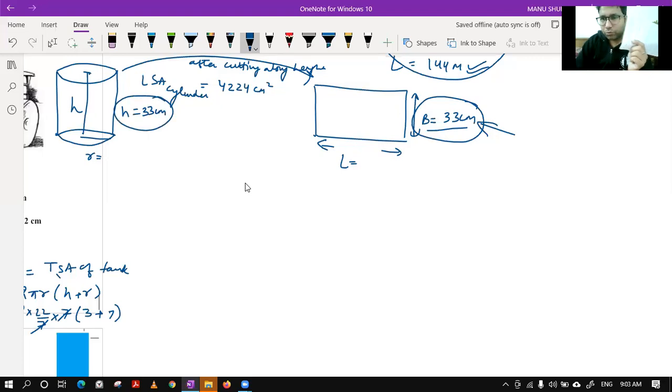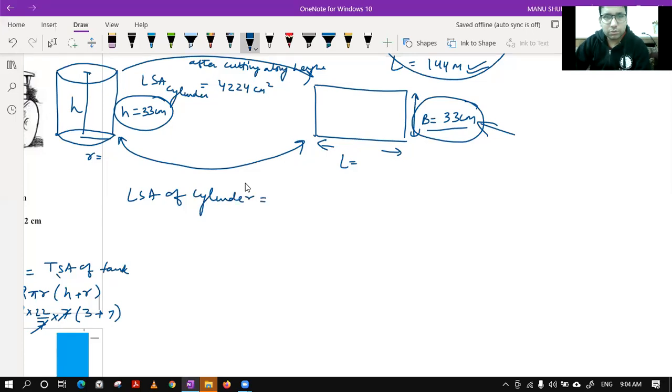Please confirm. Soham, is this point clear to you? Because you are cutting along the height, therefore h and breadth are the same thing. They are not different. Now let's compare what is equal in these two. Class, please tell what is equal in these two. It is their area. So the LSA of this cylinder is actually what? It is equal to 2 pi r h, if I'm not wrong, class. Because the radius is not known to us, we can say it is 2 pi r h.